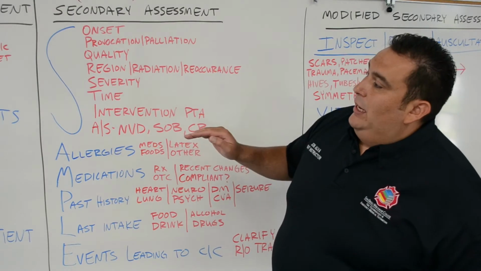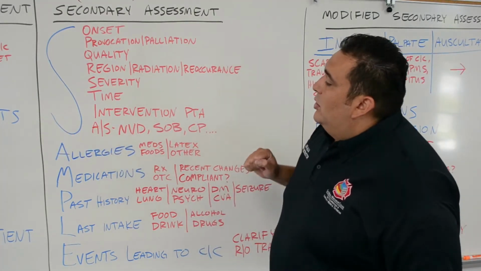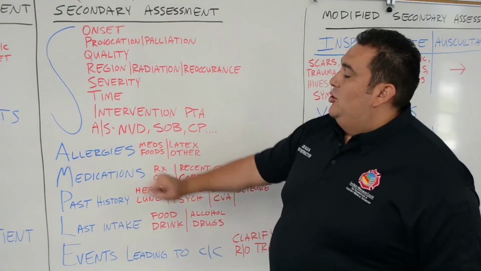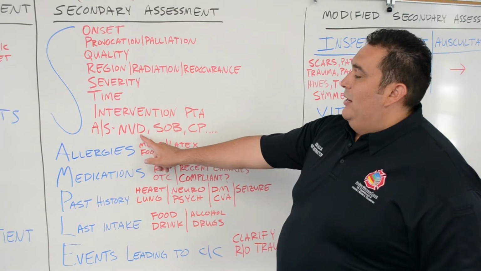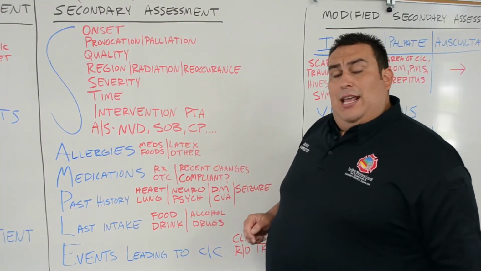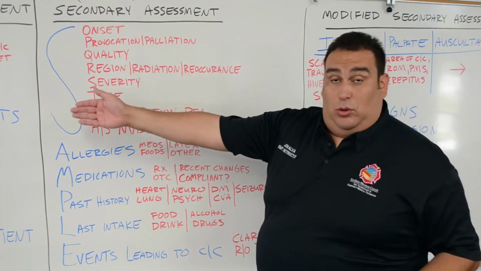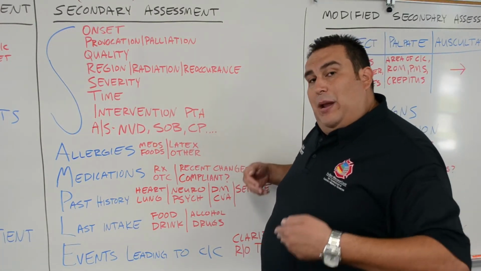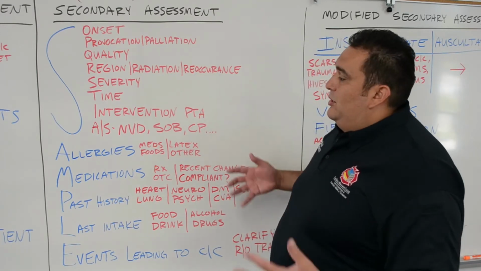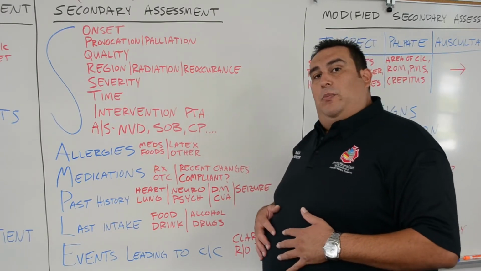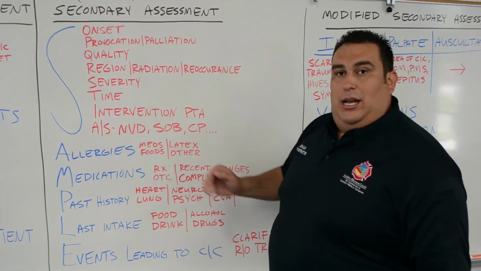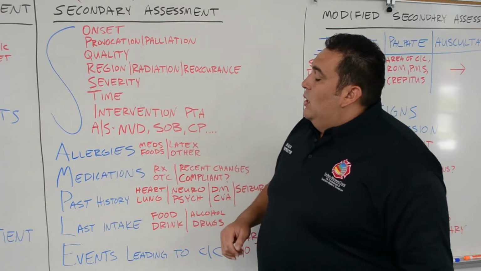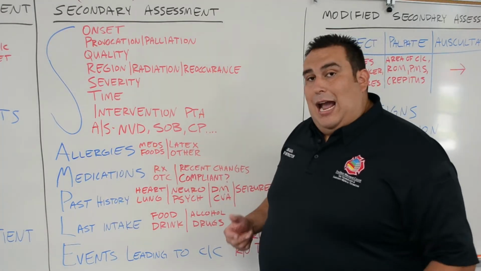So with their chief complaint that we established over here, we're going to start to ask our patient, okay, with your chest pain, do you have any nausea, any vomiting, any diarrhea, any shortness of breath? If you have another complaint, like if your patient complains of shortness of breath, we're going to ask, do you have chest pain? So we're going to ask them anything else that the patient could possibly be feeling. So for example, abdominal pain. If somebody has abdominal pain, good questions would be nausea, vomiting, diarrhea. Very common symptoms, okay?